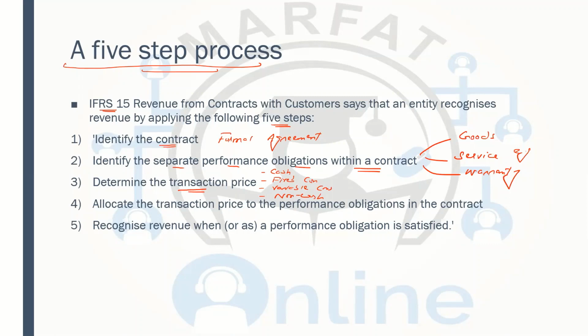Now variable consideration means, for example, I'm going to buy masks from a company, and they say, okay, if you're going to buy 1 million masks, this is going to be the price. If you're going to buy 2 million masks, this is going to be the price. The more I am buying, they're reducing the price, because we know that if we are buying in bulk, we'll have a lesser price.